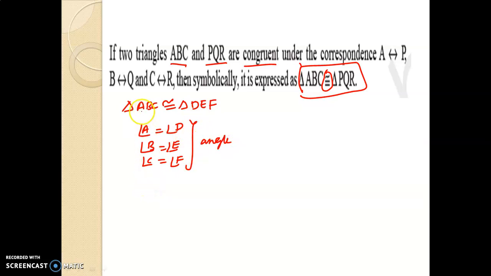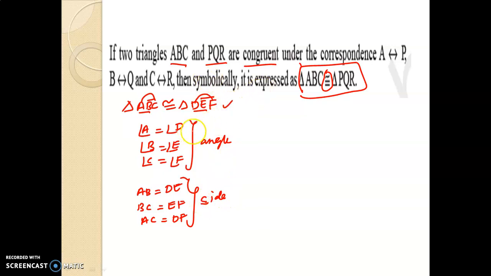And the side property is nothing but the first 2 equal to the first 2. That is AB equal to DE, and last 2 equal to the last 2. That is BC equal to EF, and these 2 equal to this one. That is AC equal to DF. So these are the side property. Okay, so when the 2 triangles are congruent to each other, they satisfy all the corresponding angles are equal and the corresponding sides are same according to the given relation.